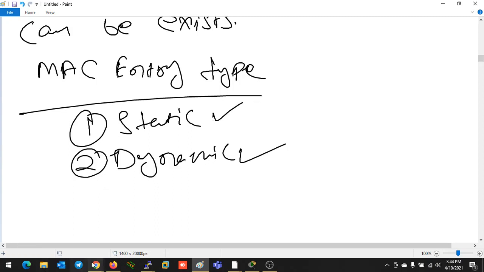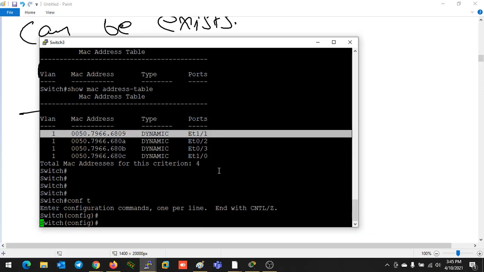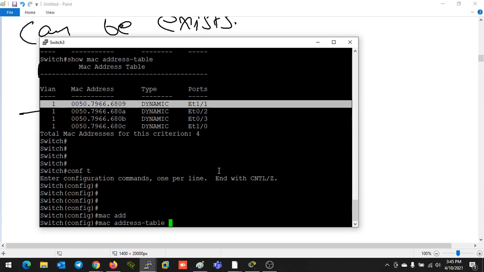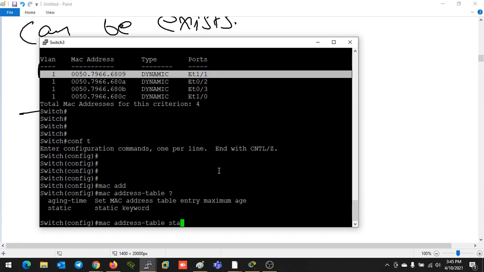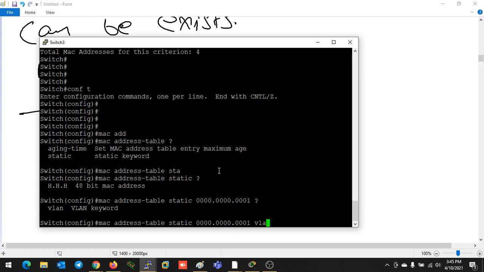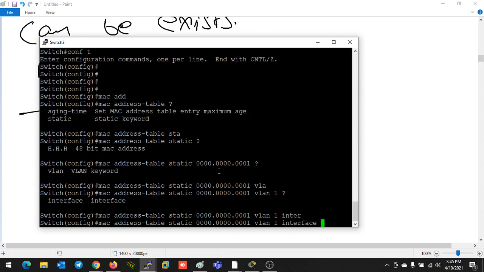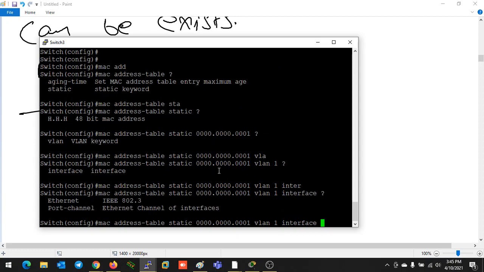For example, here also we can make a static entry on our device. MAC address table, then the static command is there. After that you have to type the 48-bit MAC address, like 0000.00. For example, I am typing just one MAC address. Okay, this is the MAC address. Then it's asking for which VLAN this is. This is VLAN number 1. Then you have to enter the interface, like Ethernet.